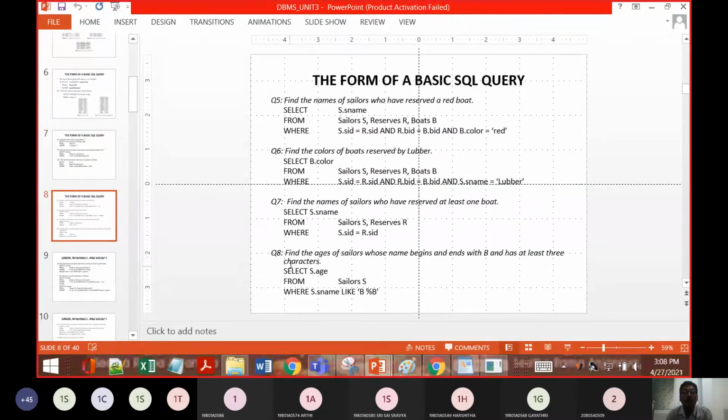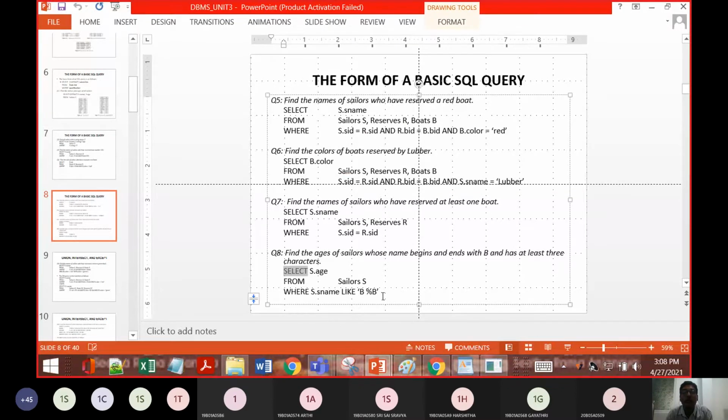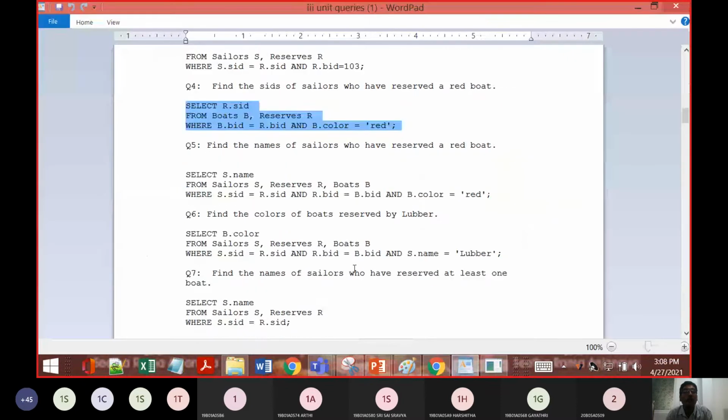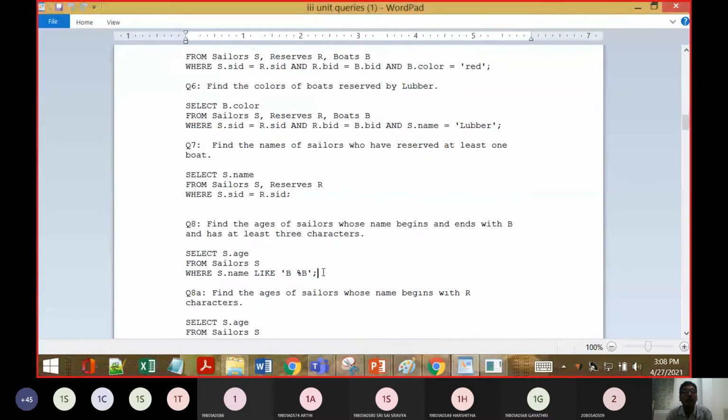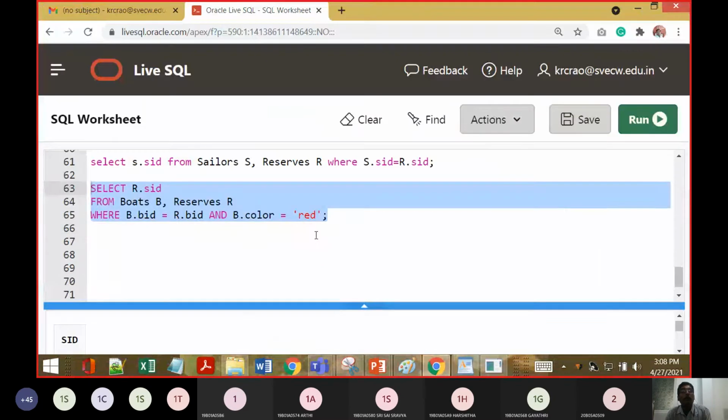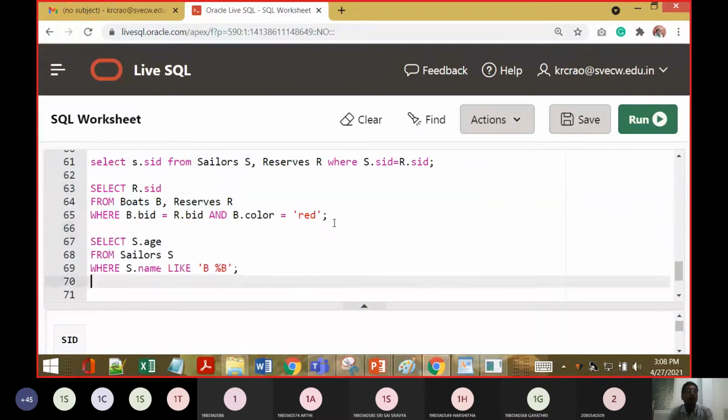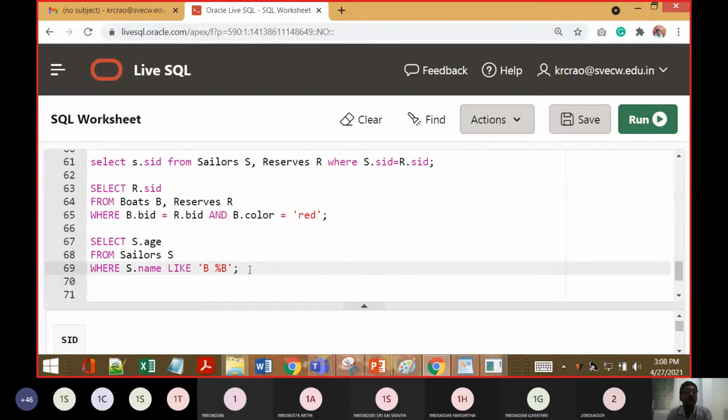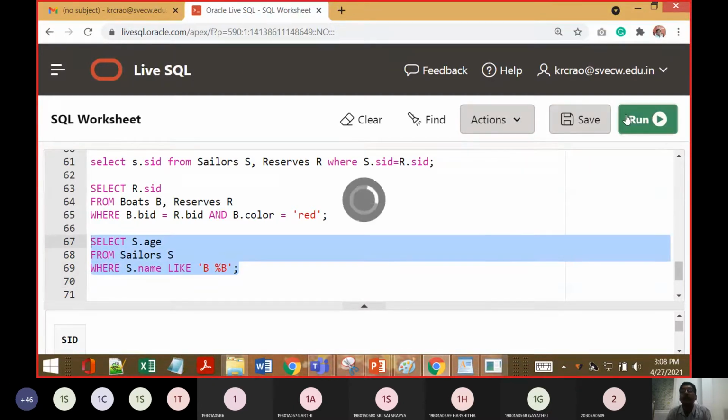We can type in this query. Let us execute it.